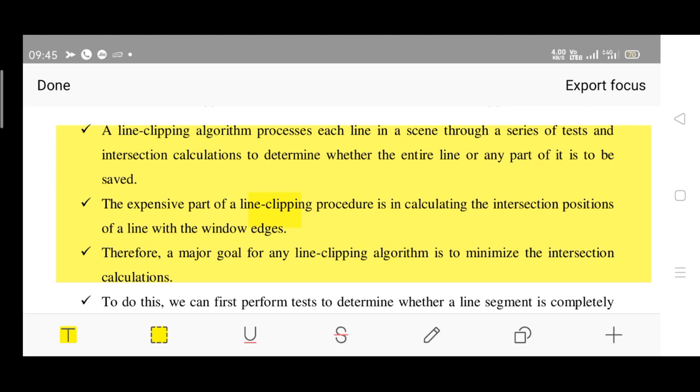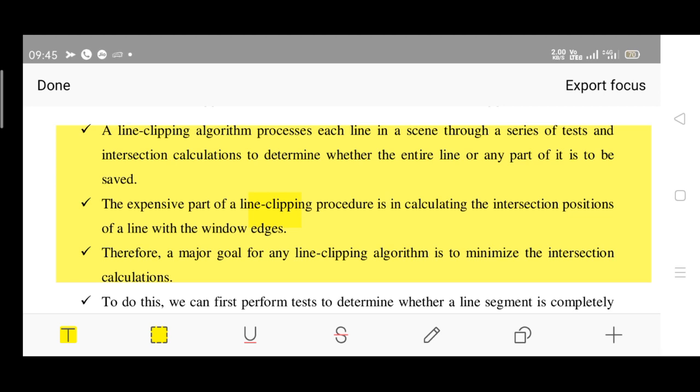There are various algorithms, in the sense of mechanisms, to perform line clipping. One is the Liang-Barsky algorithm and the other is the Cohen-Sutherland algorithm. The Cohen-Sutherland line clipping algorithm is part of your CG lab as well. Let us briefly see the overview of it. The Liang-Barsky algorithm is not there for you, just keep that in mind.